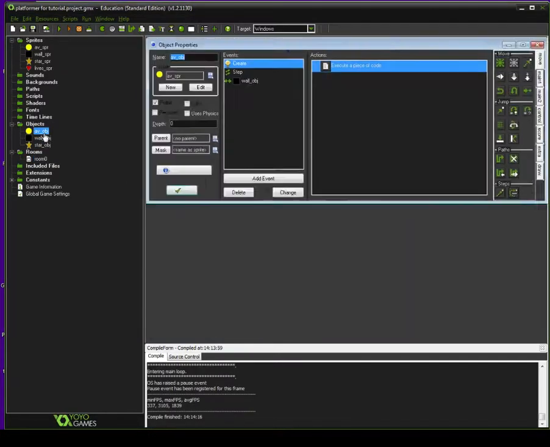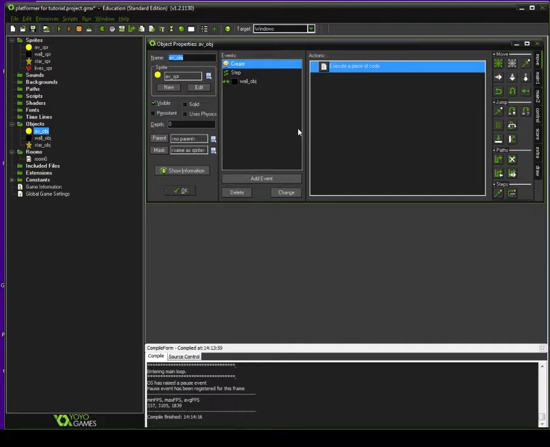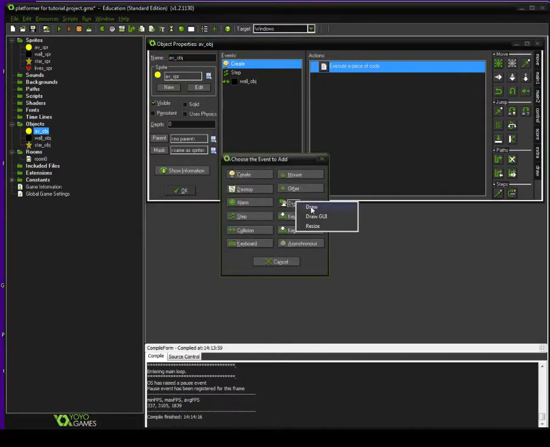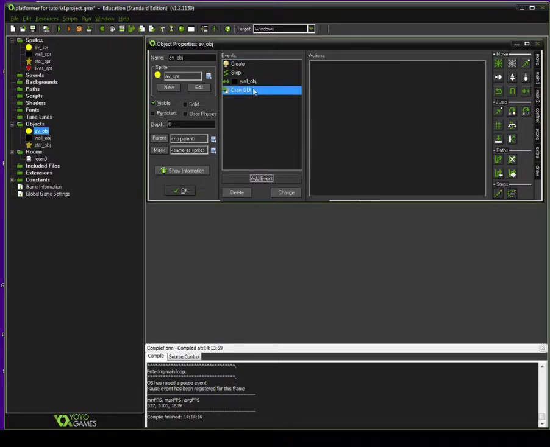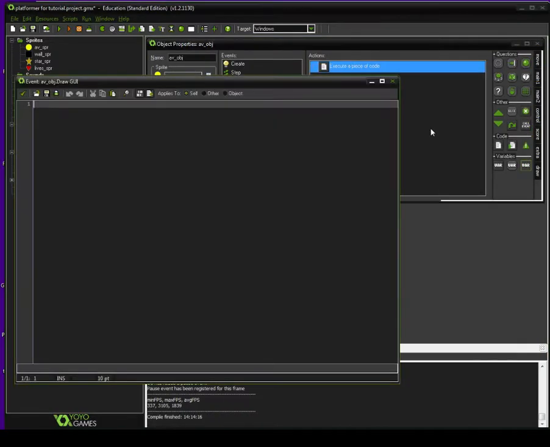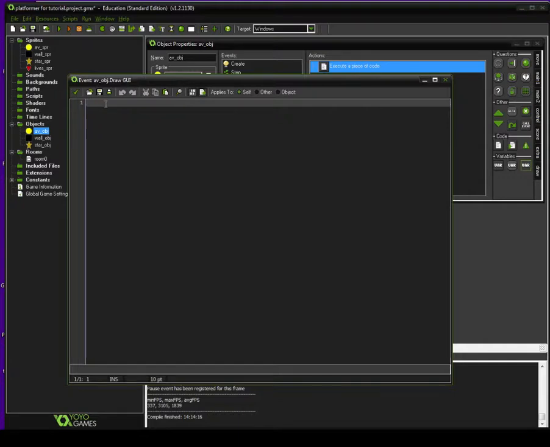So what we need to do is go back into Avatar, and the first thing we're going to address is drawing the actual score itself. To do this, we need to make a new event, so go add event, go draw, go draw GUI, and the GUI is basically your HUD, your heads-up display, your interface that tells you all your key information for the game. Go back into control, drag over another code block,